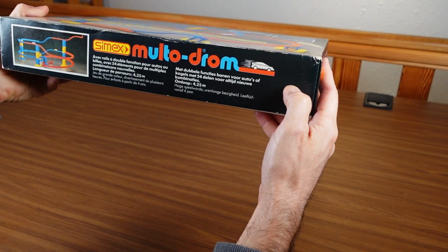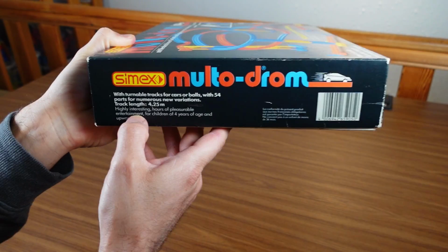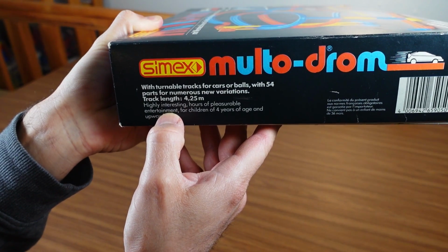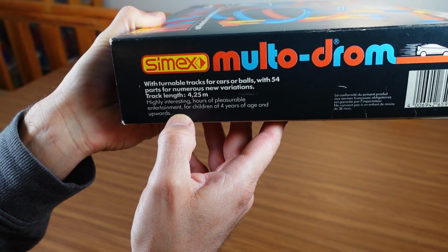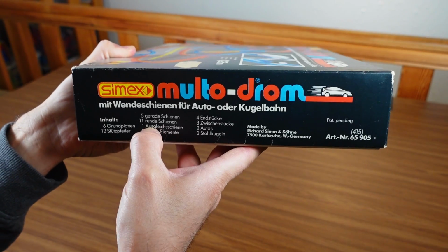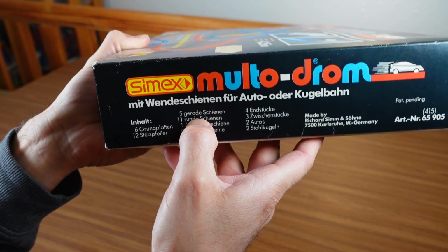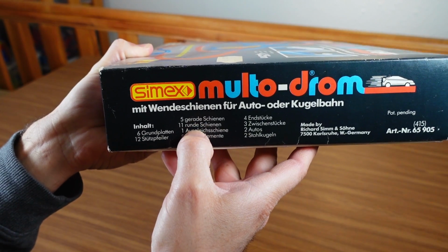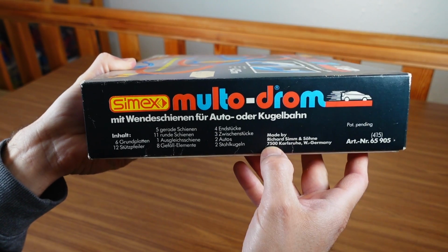Featured languages here are French, Dutch and English. Highly interesting. Hours of pleasurable entertainment for children 4 years of age and upwards. Here it says what's in the box. So that's 6 base plates, 12 pillars, 5 straight tracks, and this was made by Richard Sim and Sons in